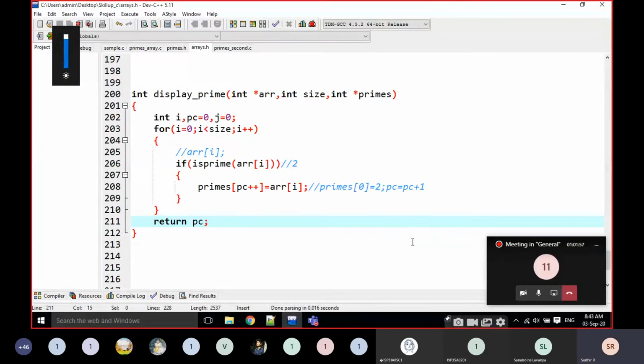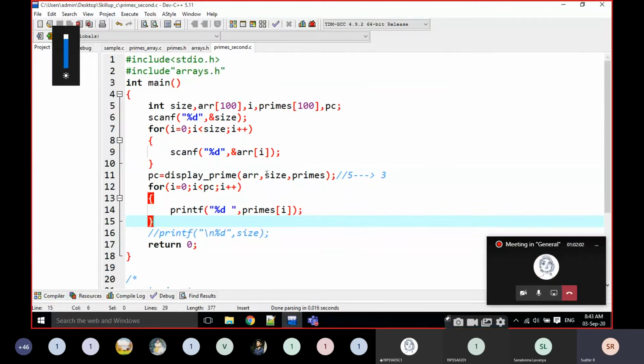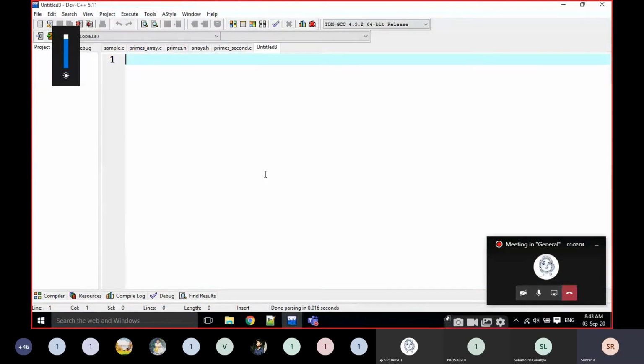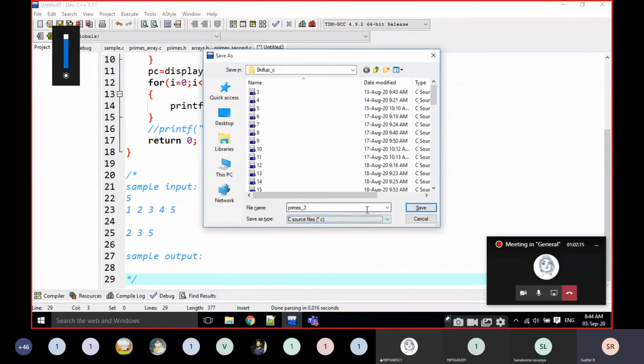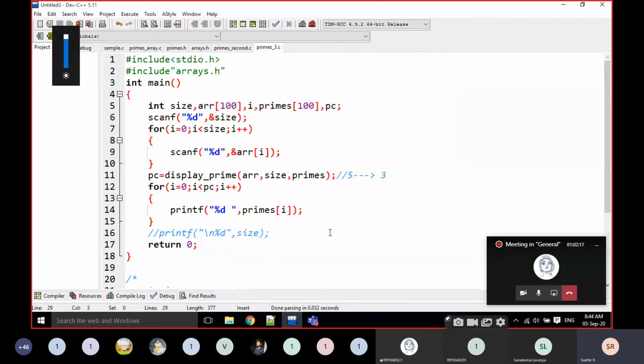The same program, now I am going to write the same program again in a different approach. We are returning the primes every time. That means the result also acts as one variable.